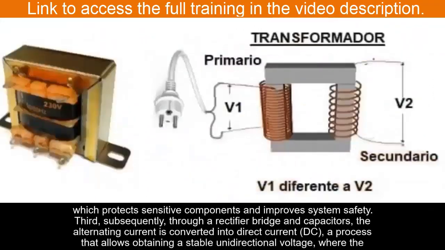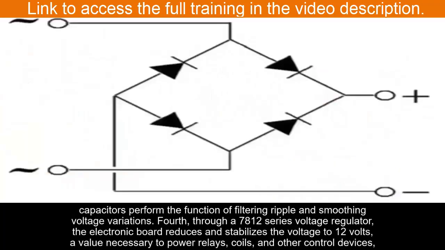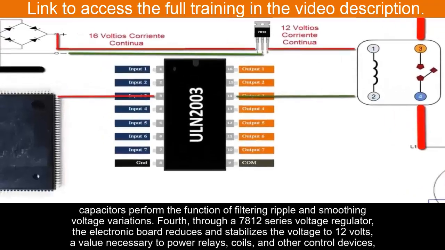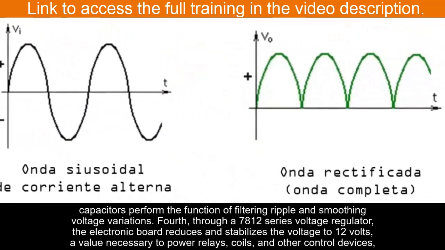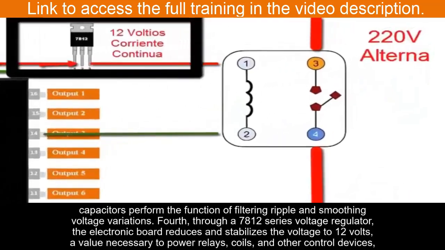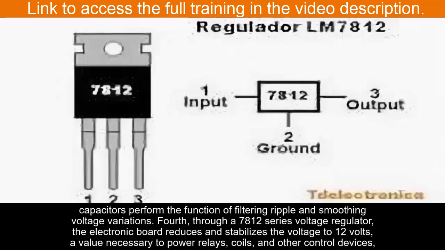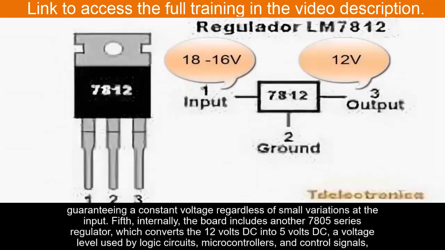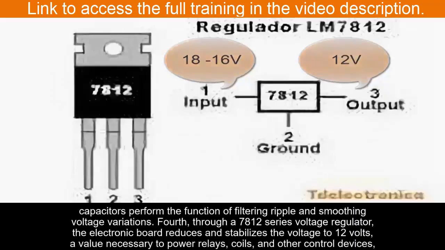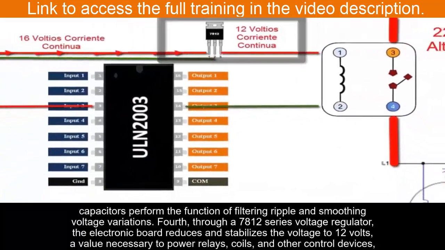DC, a process that allows obtaining a stable unidirectional voltage where the capacitors perform the function of filtering ripple and smoothing voltage variations. Fourth, through a 7812 series voltage regulator, the electronic board reduces and stabilizes the voltage to 12 volts, a value necessary to power relays, coils, and other control devices, guaranteeing a constant voltage regardless of small variations